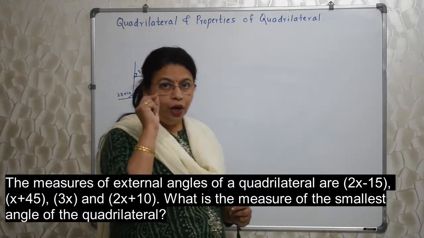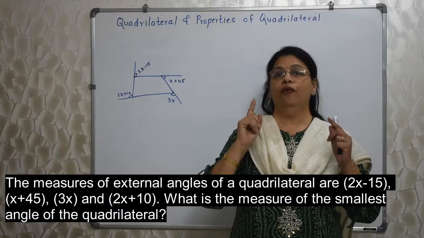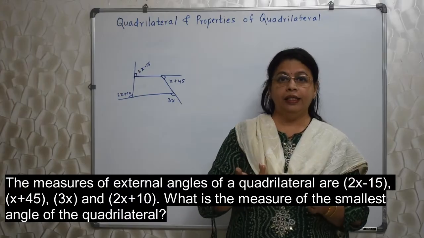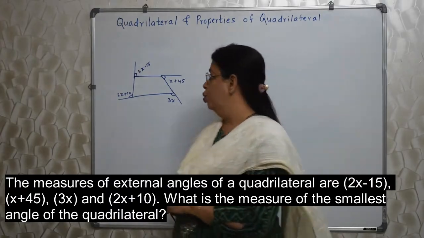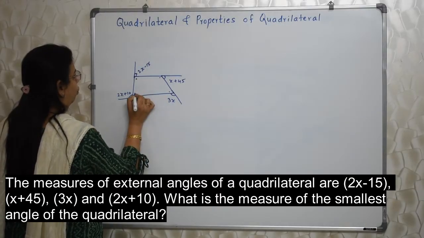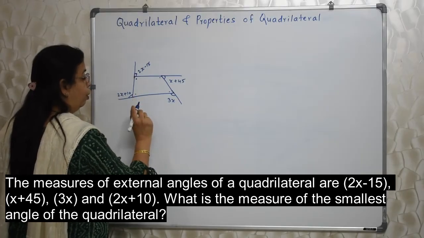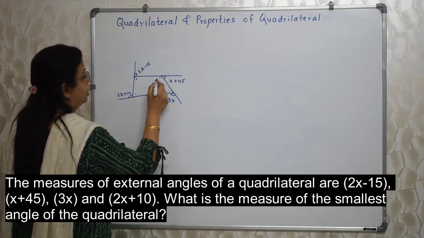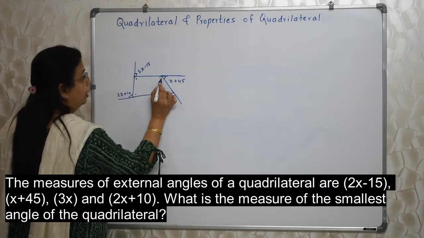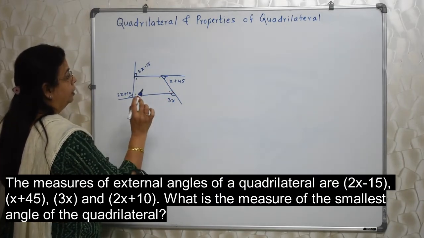Students, here each word is important. They are saying external angles of a quadrilateral. They are not saying angles of the quadrilateral. External means outside. So here these are the angles of the quadrilateral, right? This four. So they are not talking about this four. They are talking about external angle. Means if these sides of the quadrilateral are extended, then whatever angle is formed, that angle is called an